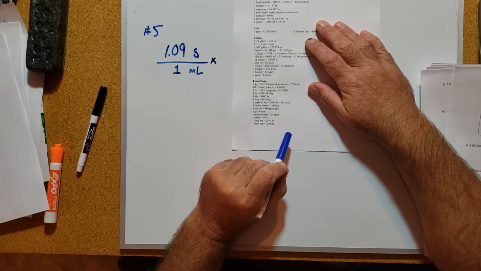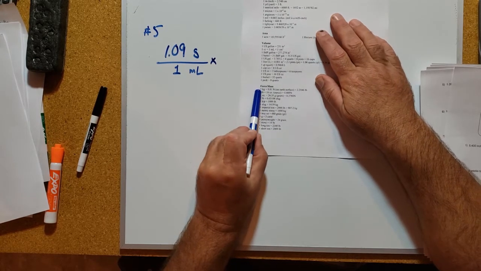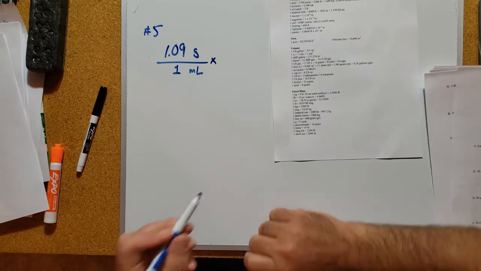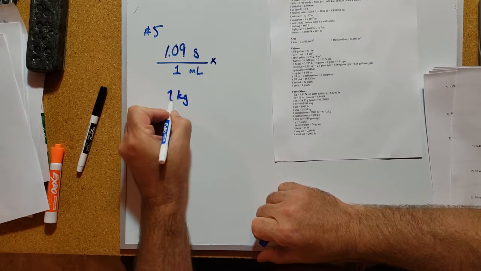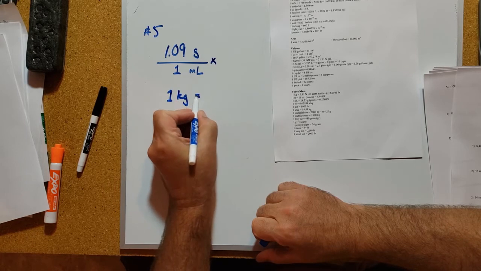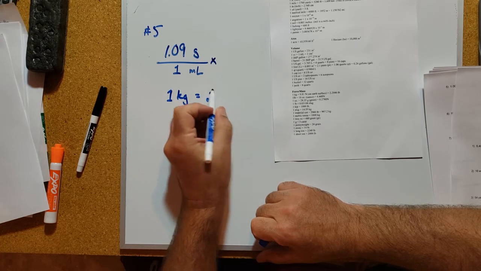Let's choose number 1 in the conversion factor list. 1 gram, we are told, is equal to